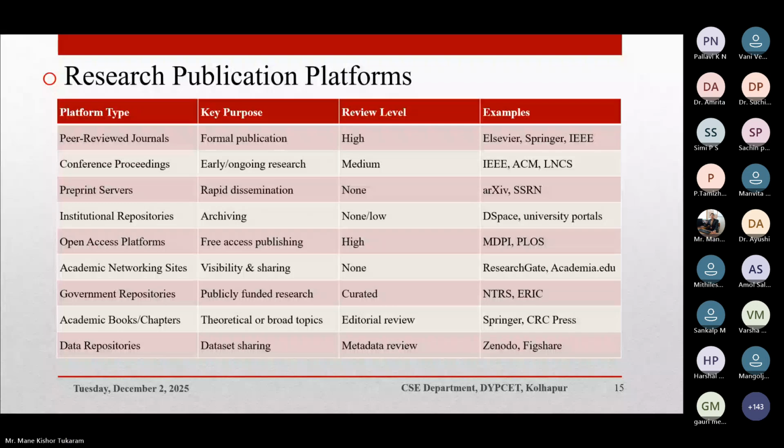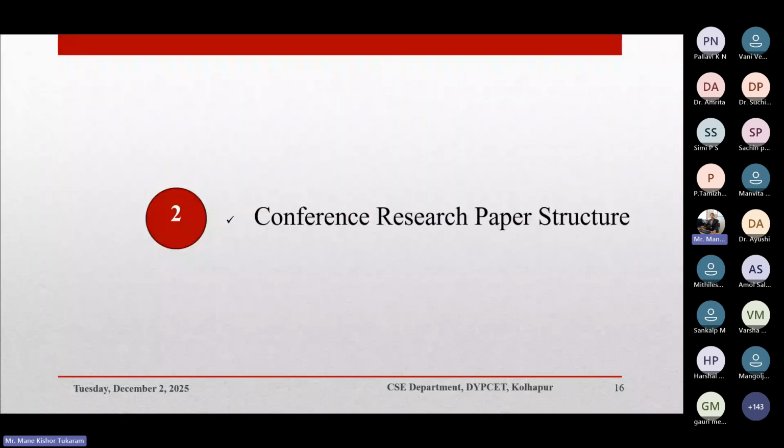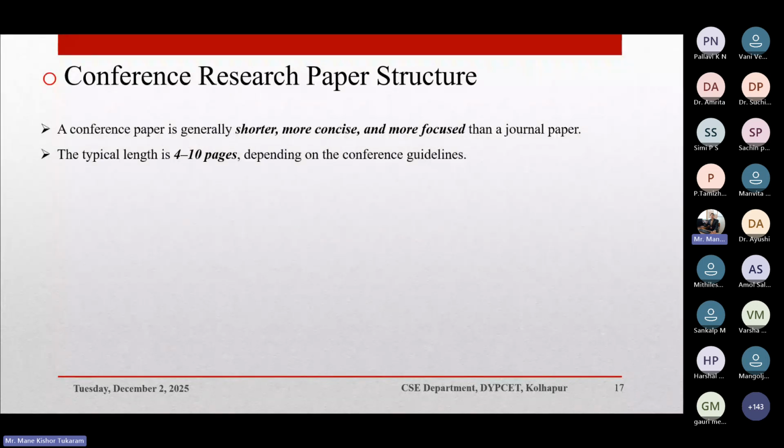Then next one is, what is the structure of a conference research paper? Before going to the journal paper, we will see what details we need to include in a conference research paper. Suppose I want to write a conference research paper, then what are the things I need to use in this paper? First of all, we need to consider